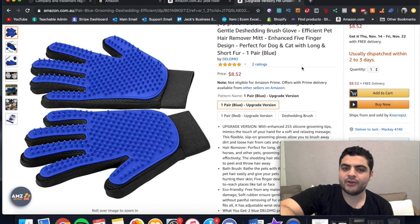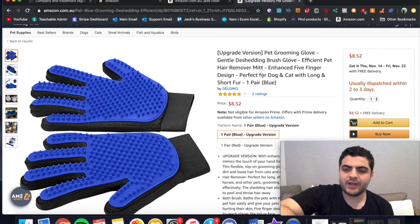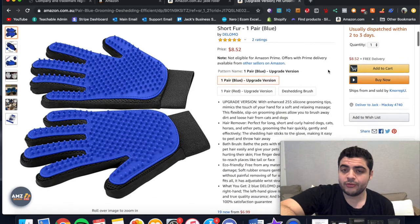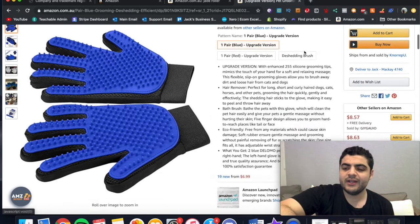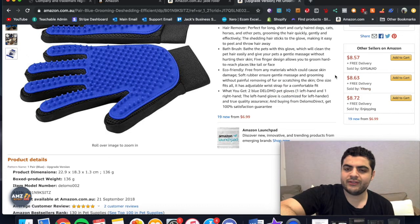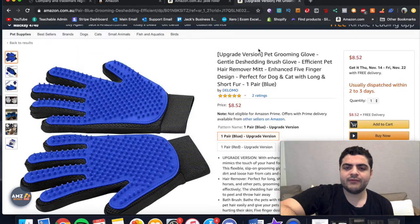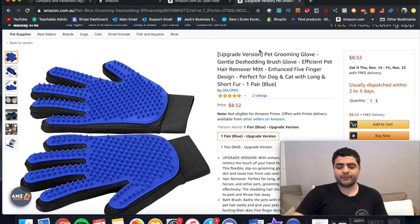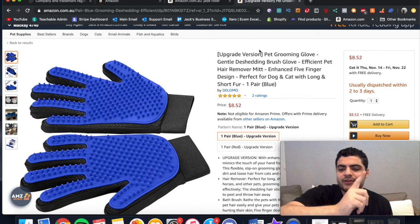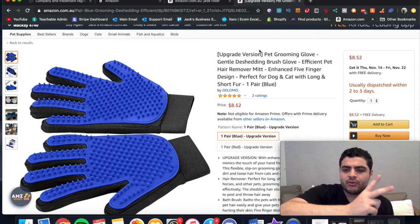They have the buy box. So even though this Delomo guy has it, physically what the buyer has to do if they want to buy it from this seller is go through and find Delomo in these sellers. The reason this has been a problem for them is probably two main reasons. One, they haven't dealt with these hijackers, and two, they don't have a strong brand,